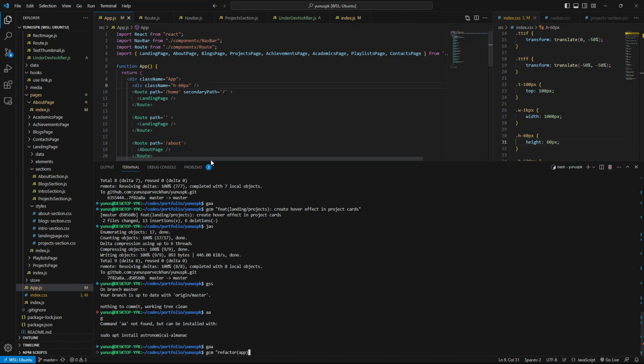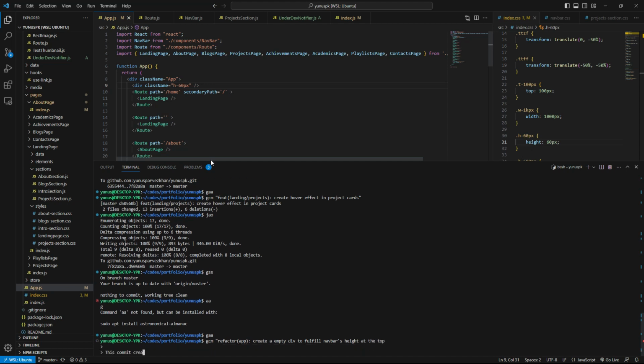So app: create an empty div to fulfill navbar's height at the top.